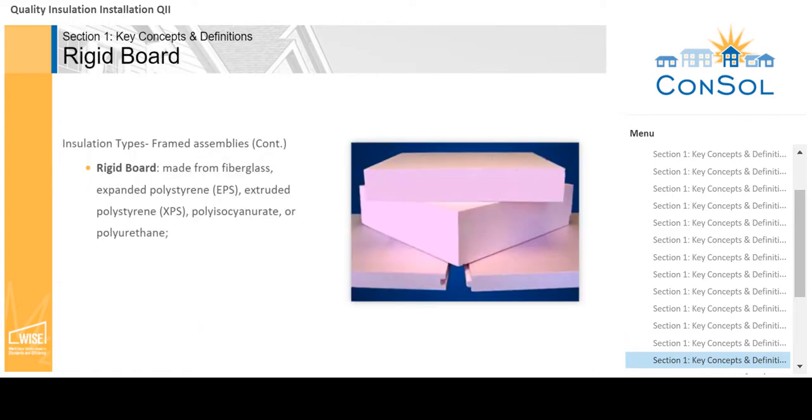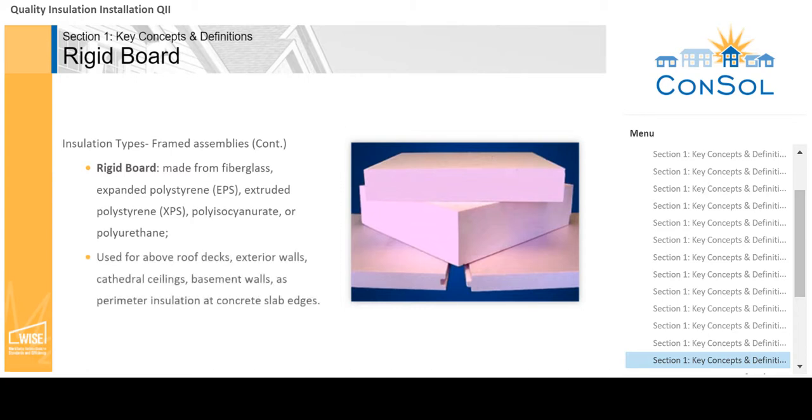Rigid board insulation is made from fiberglass, expanded polystyrene, extruded polystyrene, polyisocyanurate, or polyurethane. It can be used for above roof decks, exterior walls, cathedral ceilings, basement walls, and as perimeter insulation at concrete slab edges. It may also be used to insulate special framing situations such as window and door headers and around metal seismic